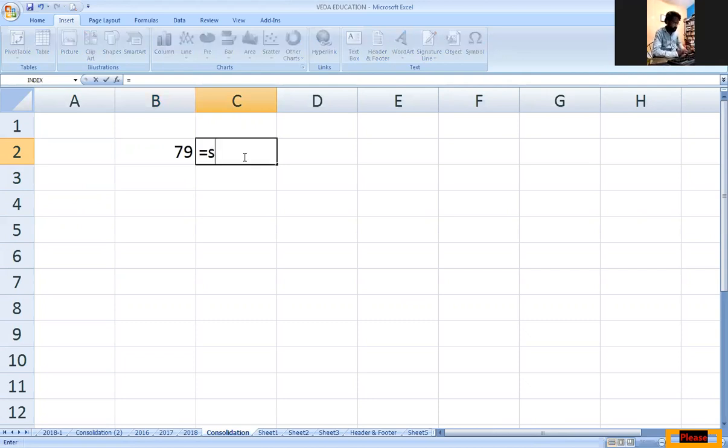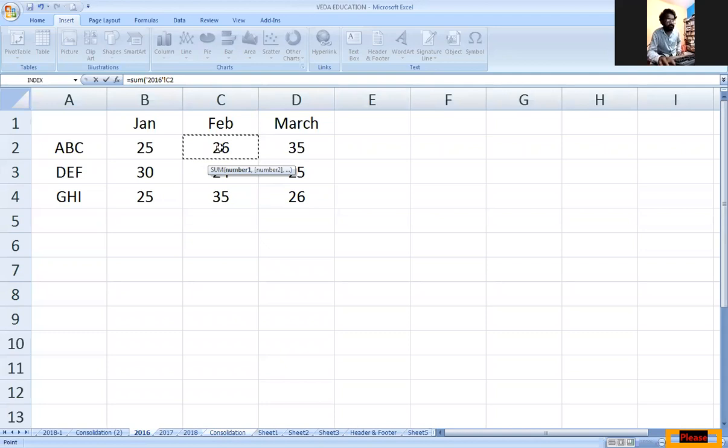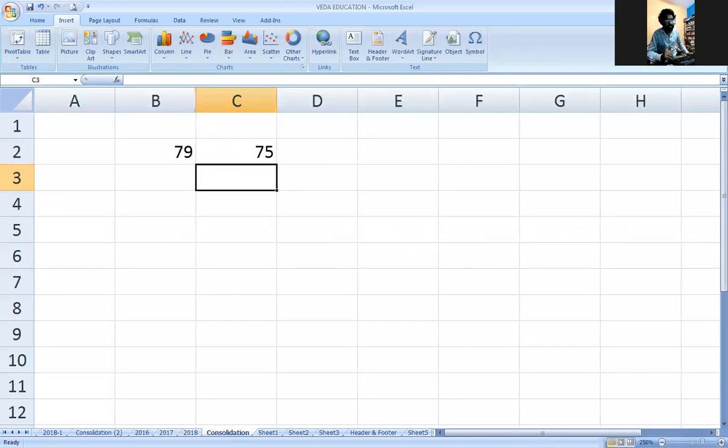Press the equal to symbol, give the SUM function, open the bracket, and let the cursor blink there. Go to the location C2. I want the summation of the C2 values of 2016, 2017, and 2018. Go to 2016 and click on the cell; no need to go separately to the 2017 and 2018 workbooks. Directly hold the Shift key and click on 2018. It means the range goes from the 2016 cell to 2017 and 2018, three cells across three sheets. Click on Enter.